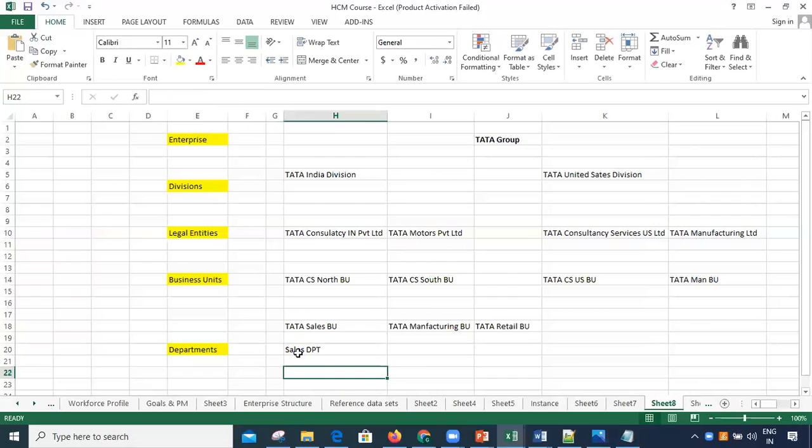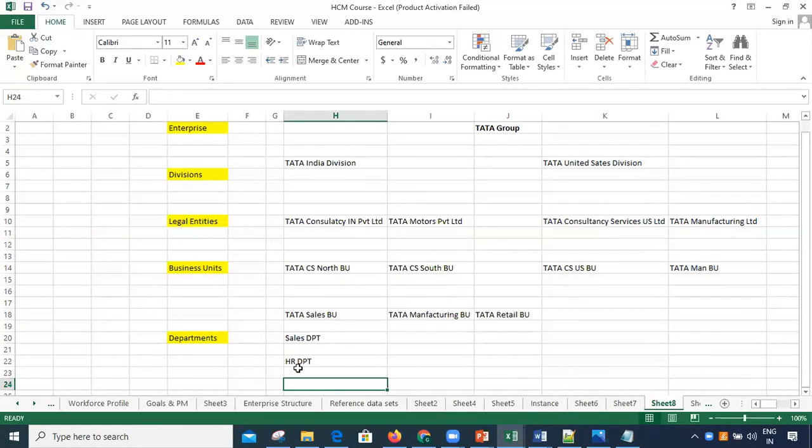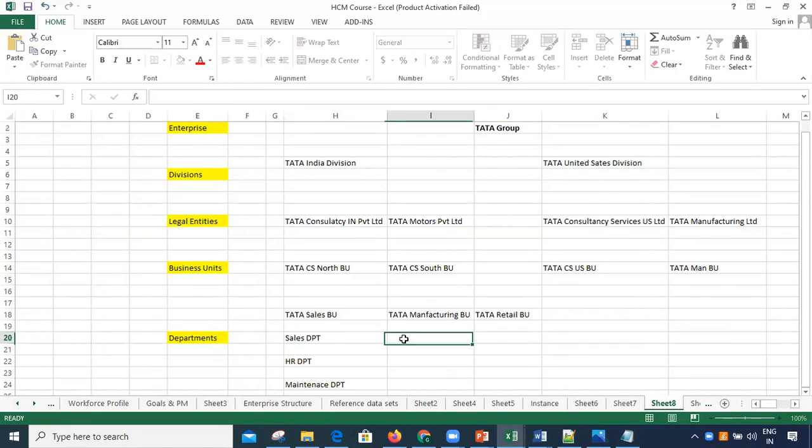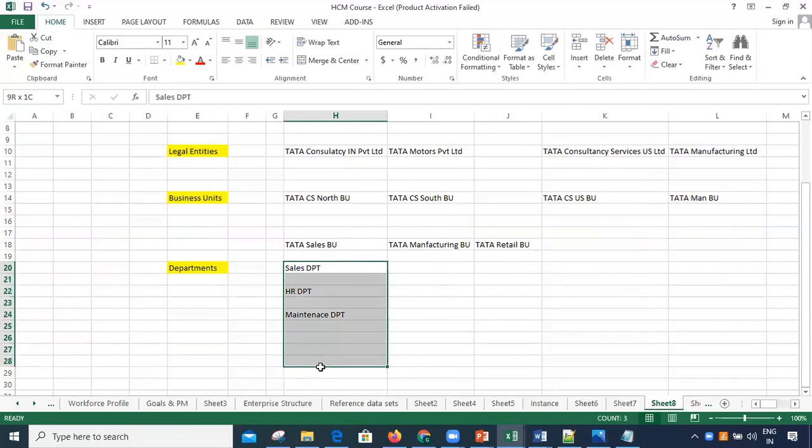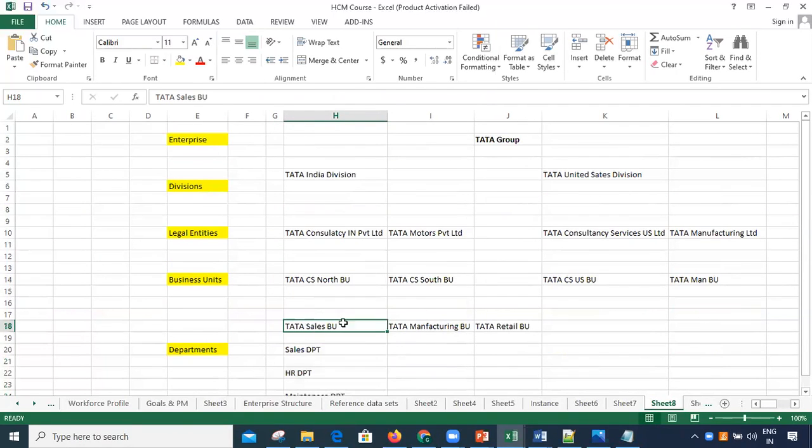And then, for example, an HR department is also under that for recruiting people. Then I have one more called the maintenance department. So you can create whatever departments the customer has under the business units.